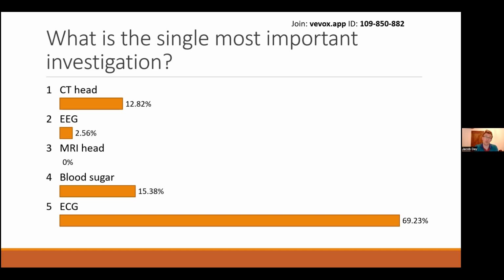And actually, this lady had an abnormal ECG with some kind of heart block. I can't remember exactly what it was, but she ended up getting a pacemaker. So she was having syncope due to an arrhythmia. So the ECG for her was absolutely key. If her ECG had been normal, she probably would have come under the neurology umbrella. But with that abnormal ECG, she was just 100% with cardiology and got that sorted straight away.